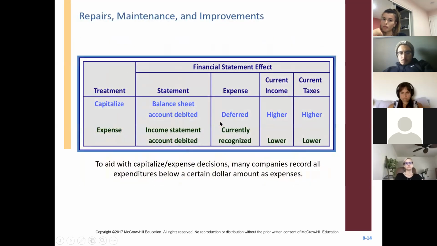So let's see what we have here. And here we go. Here's a little helper here. If it's capitalized, we know we're going to debit a fixed asset, and the expense is going to occur during the many, many years we enjoy that asset, your depreciation expense. If you capitalize something, your income is going to be higher than if you expensed it, and your tax burden is going to be higher. If you expense something, obviously you're going to knock your income down, pay lower taxes, and the expense is